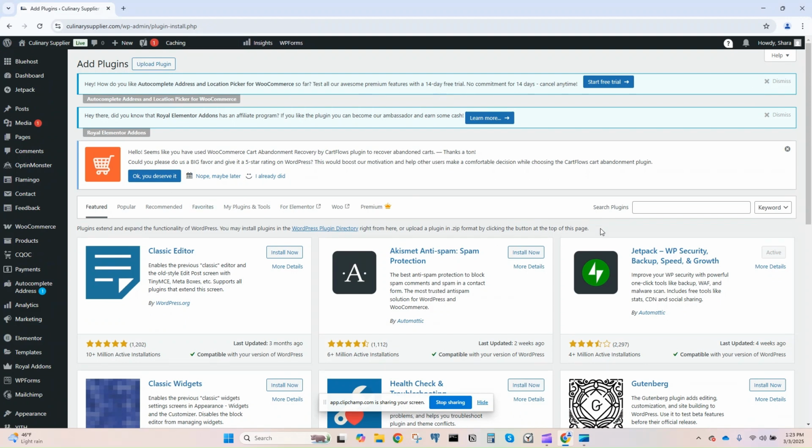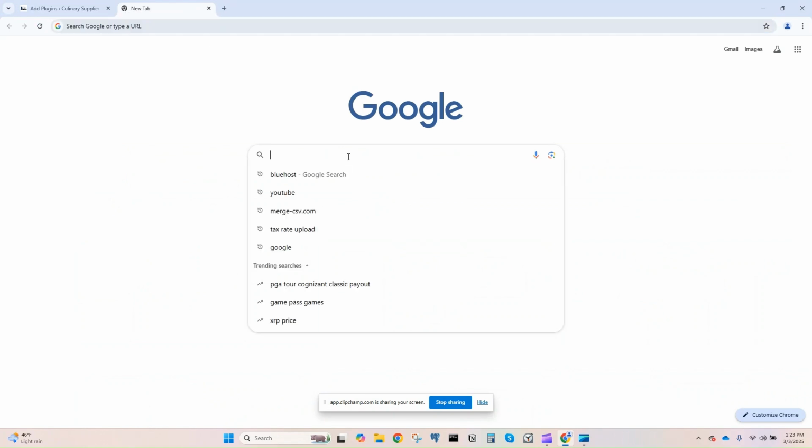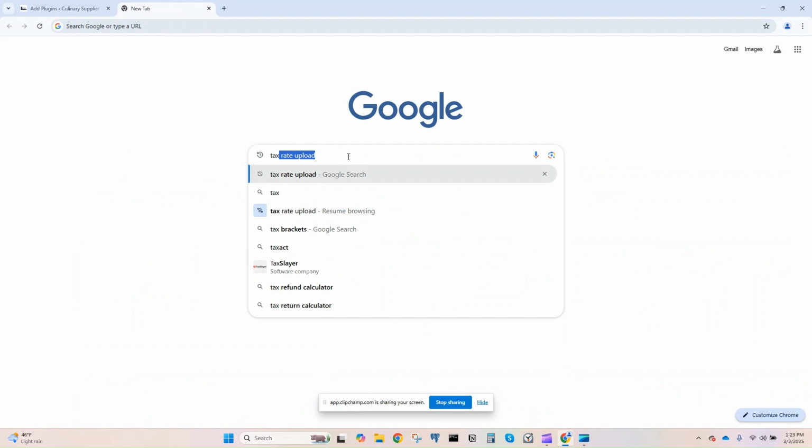From here, we're actually going to upload a plugin through a zip file format. But to get that zip file, we're going to search tax rate upload